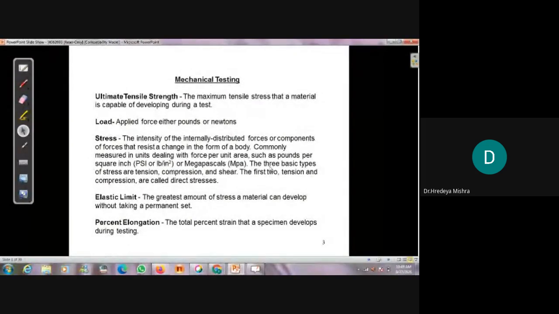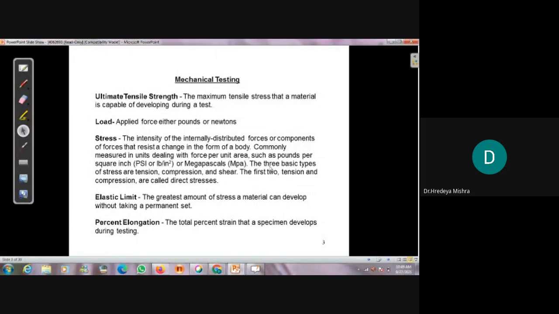Or we just apply the backward force, then the paper is moved backward or forward, when we apply the same force with both hands. If we want to tear the paper, then we apply the force in opposite directions. So we apply the force and tearing or shearing will happen. So that is indirect.